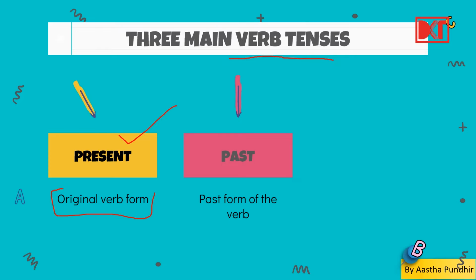Past means something that has happened previously. The past form of the verb is used, and how the past form is understood, and what the past form of the verb is, we will do in the upcoming class as well. So first is the present tense, second is the past tense, and the third one is